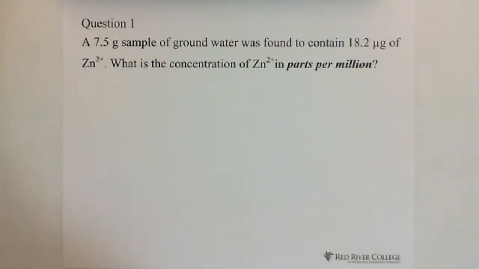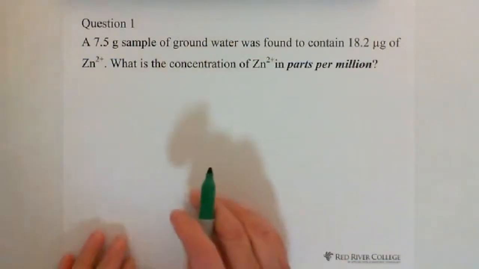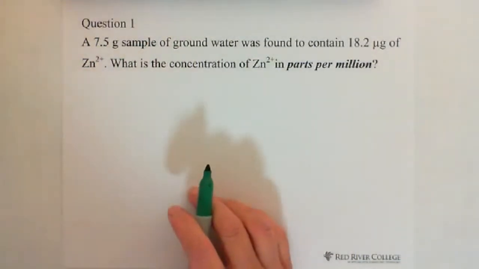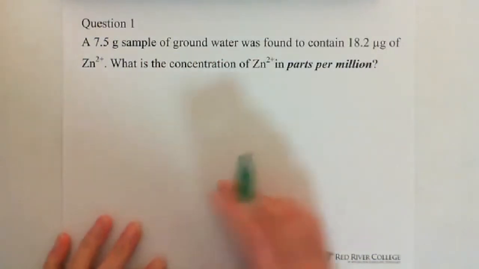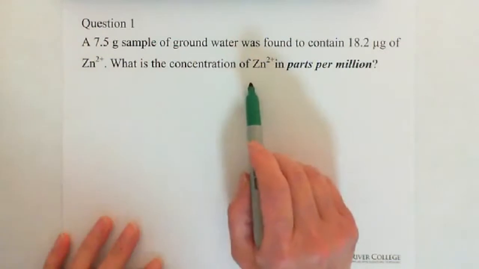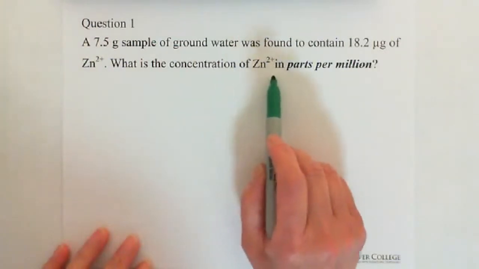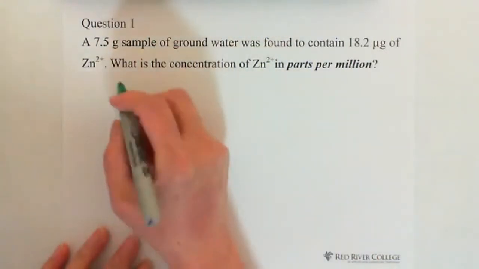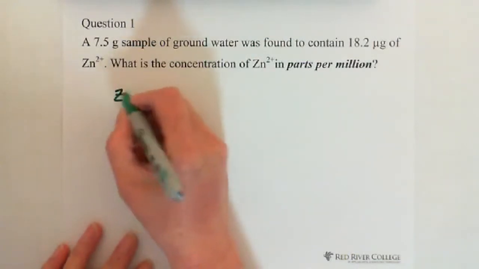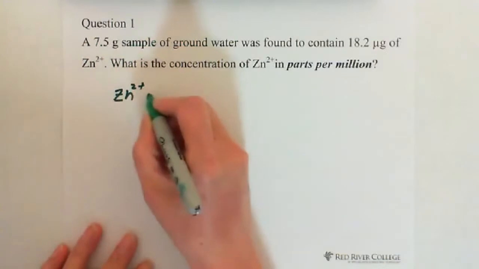So parts per million is expressed as the unit for very small concentration of solution. Because in this question we're looking for the concentration of zinc ions, so the ppm of zinc 2 plus